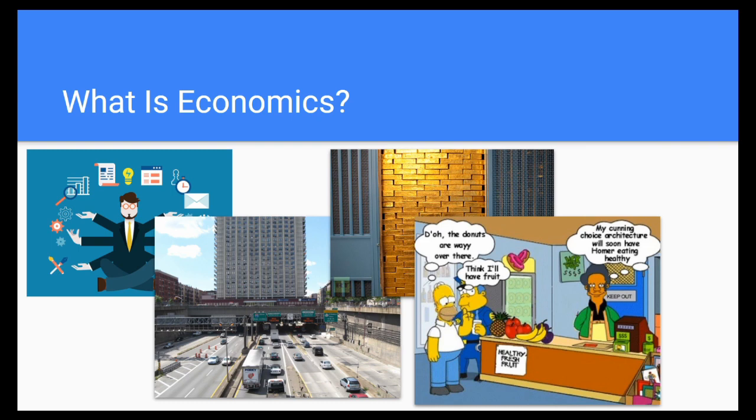This is a bit of a venture down what we call behavioral economics. So in behavioral economics, we're seeking to modify the behavior of people as they interact with each other and with their environment. And it's usually through the use of things like nudges. So Apu isn't directly confronting Homer about his donut habit and how unhealthy saturated and trans fats are for his arteries. He is instead trying to make the fruit what we would call salient, trying to make the fruit very obvious and visible,